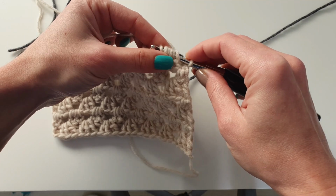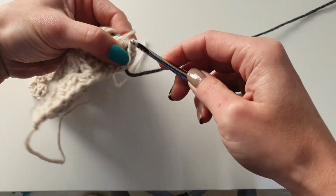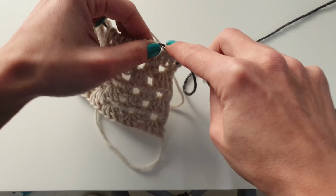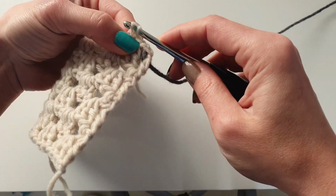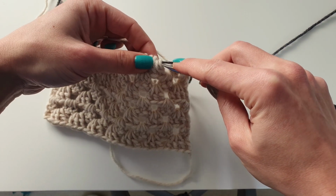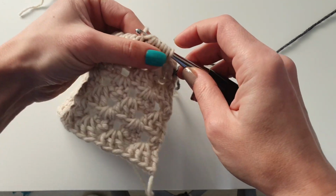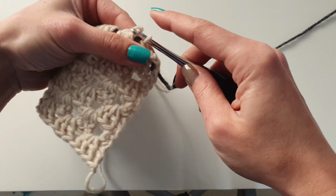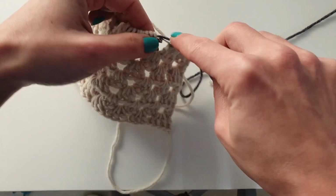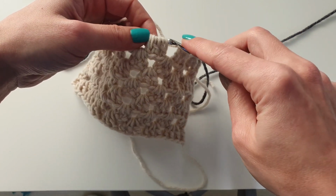And now through the clusters, the same as we did with the V stitches, we have to make a slip stitch through all of 3 double crochet. Then I have 2 slip stitches in between. Then I'm going through all 3 double crochets and I'm making a slip stitch. And again, between I'm going with 2 slip stitches and then again through all 3